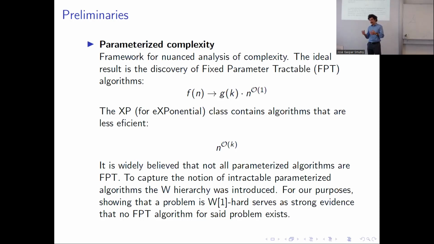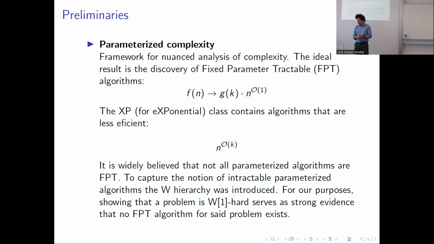With parameterized complexity, we additionally work with some parameters. That's why it's called parameterized complexity. It can be natural parameters, so parameters inherent to the problem, or some additional parameters that describe the input. Ideally, the ideal result is when we can find fixed parameter tractable algorithms. What does this mean? This means that for fixed values of the parameter, we have an efficient algorithm, a polynomial